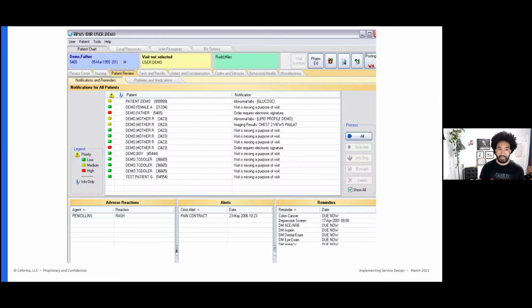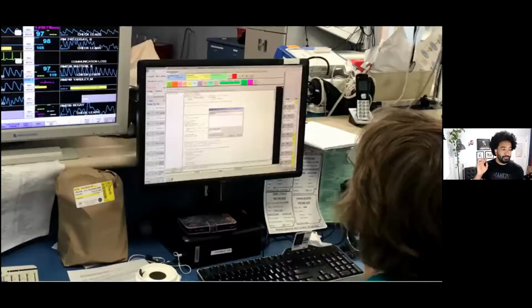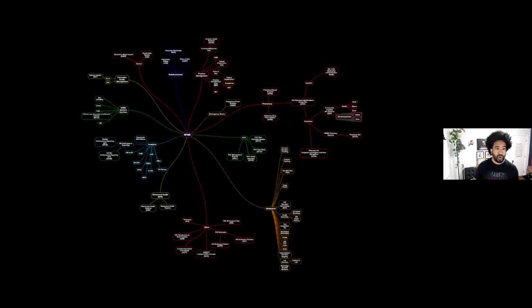Those were improved further, and we were also able to see them live, as providers were interacting with them. But the most important part of this was that we were able to map out how all of these systems interacted with one another,